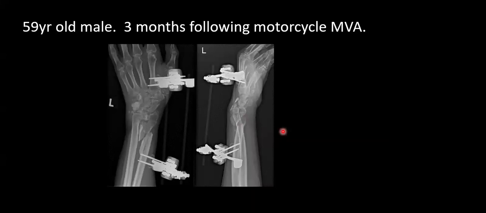Now, I mean, this is really pointless watching this for 3 months. You know, this will never unite. There's a large bone defect. And what we did here, myself and Dr. Maguire, we pulled some of those larger pieces of the radius up, resected most of the distal radius, did a proximal row carpectomy, and did a radiocarpal fusion, and this